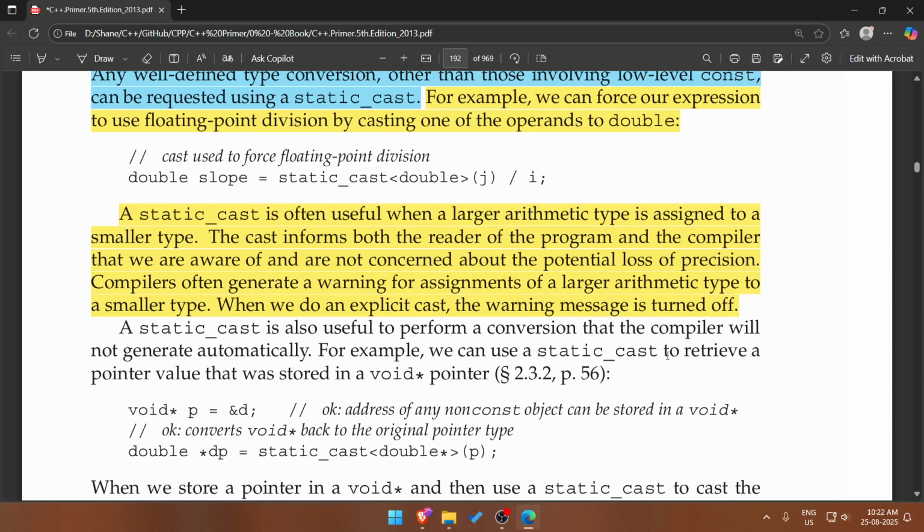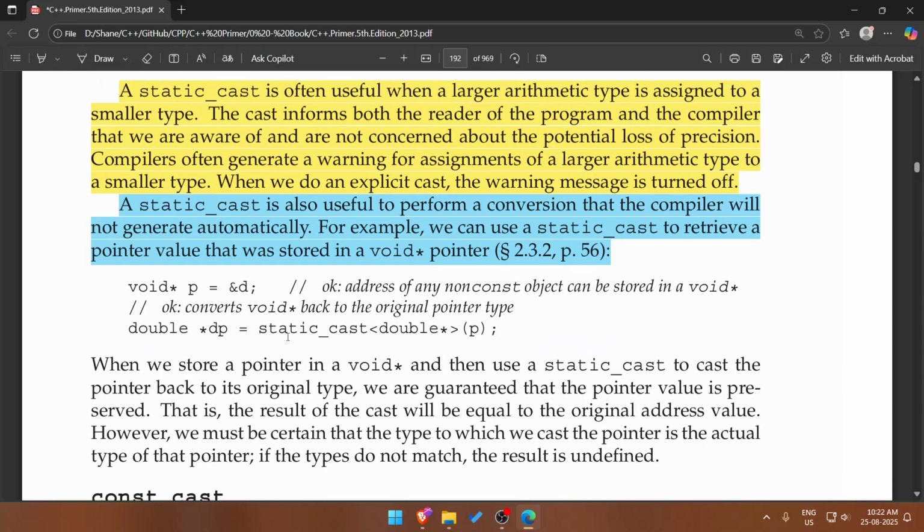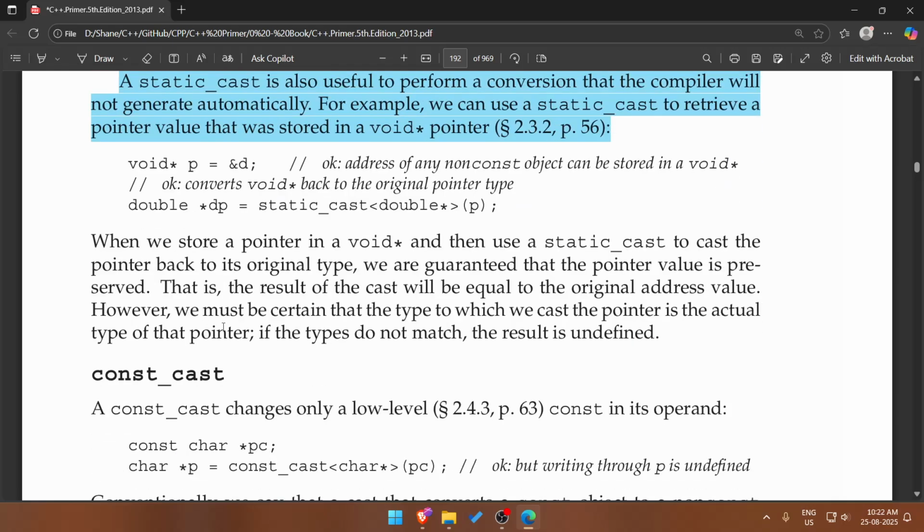For example, we can use static cast to retrieve a pointer value that was stored in a void pointer. Okay, the address of any non-const object can be stored in a void pointer. Okay, convert void pointer back to the original pointer. When we store a pointer in a void pointer